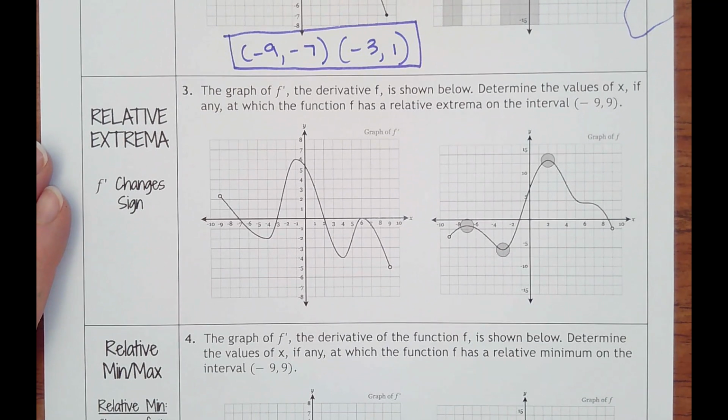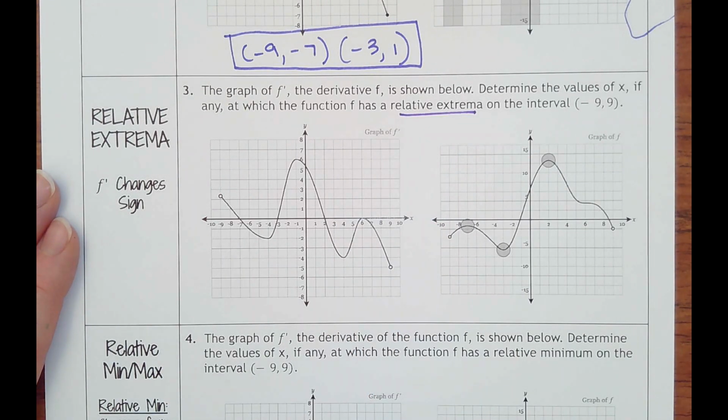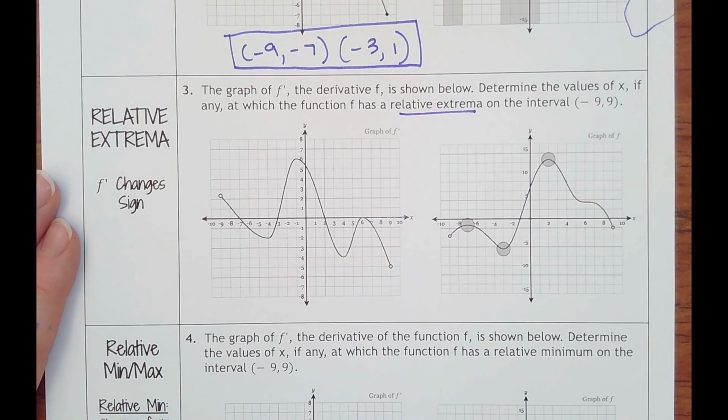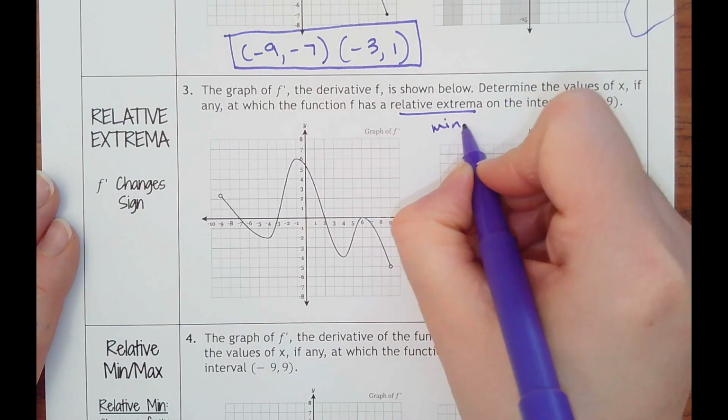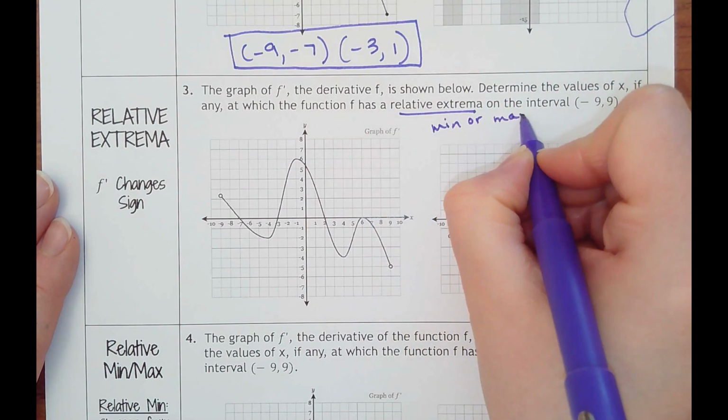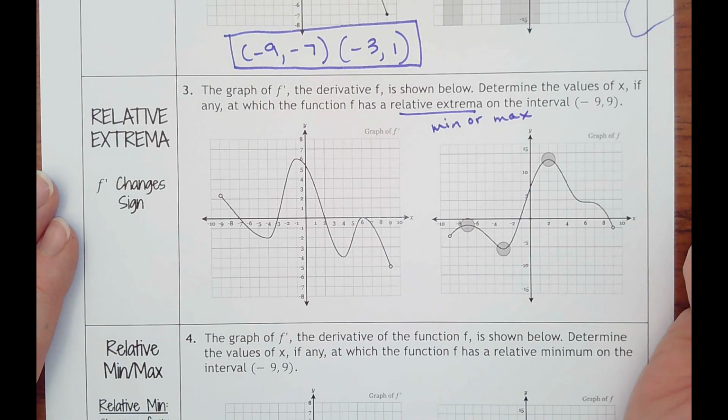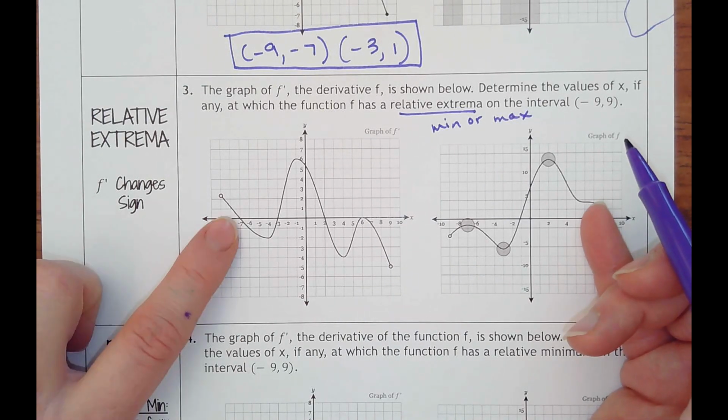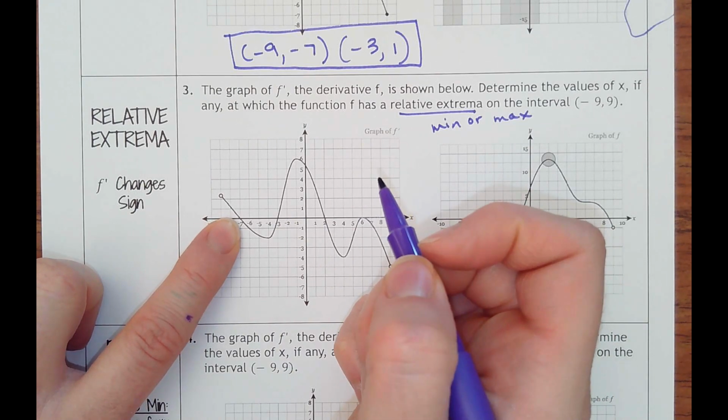And number 3, the graph of f prime is shown below. Determine the values of x, if any, at which the function f has a relative extrema on the interval. So relative extrema can be a min or a max. They want all of them. And so we're trying to figure out when f prime changes sign. So that means it cuts through the x-axis, or it's going to be the